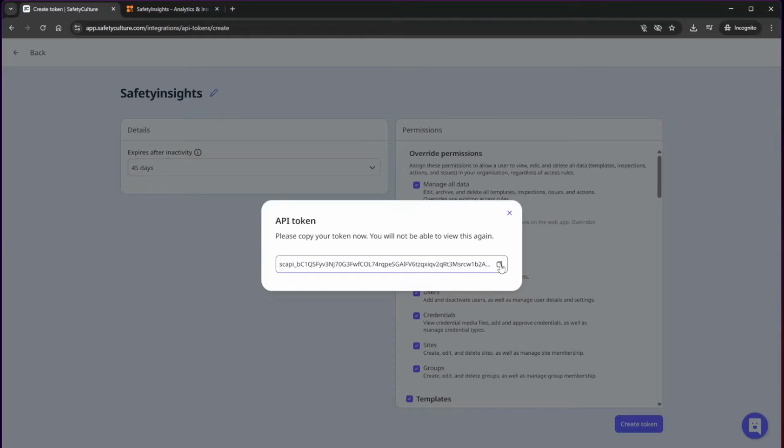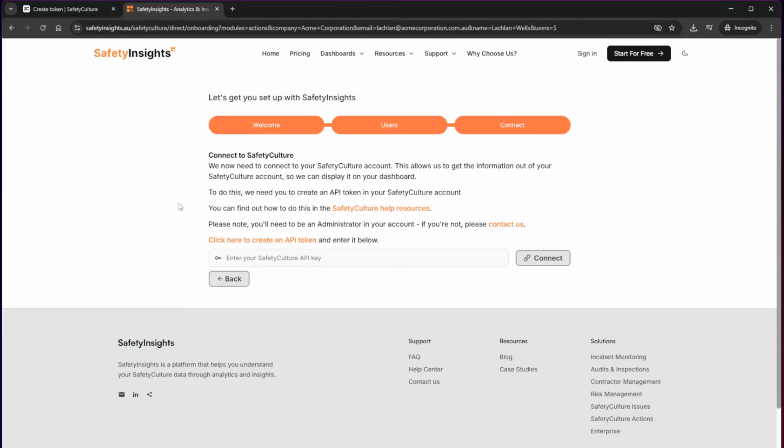You can also select the entire API key and press both the Control and the letter C key on your keyboard if you're using a Windows computer, or the Command and the letter C key on your keyboard if you're using a Mac computer. Go back to the Let's Get You Set Up with SafetyInsights window or tab, and paste